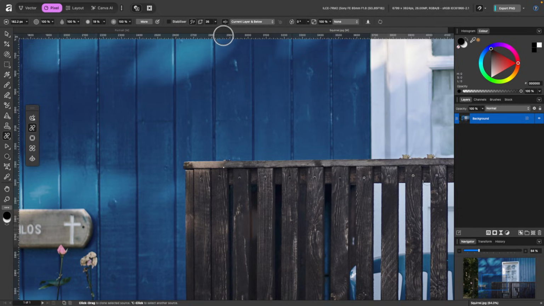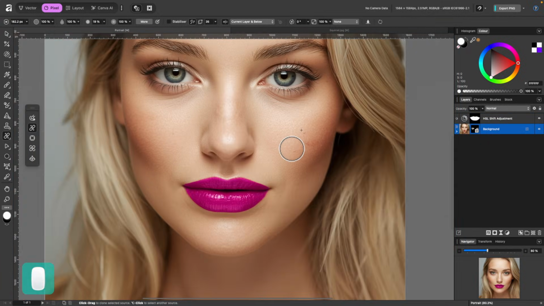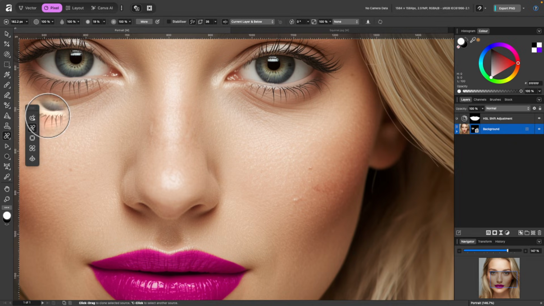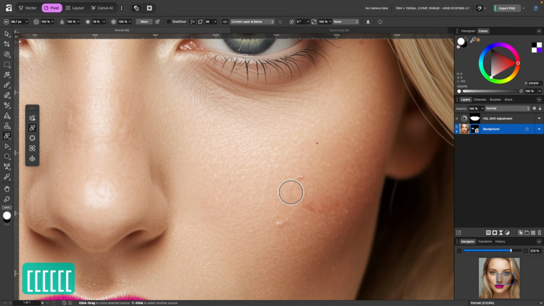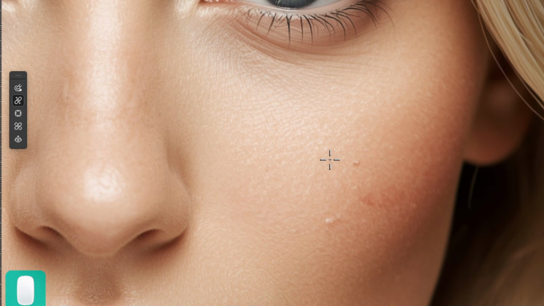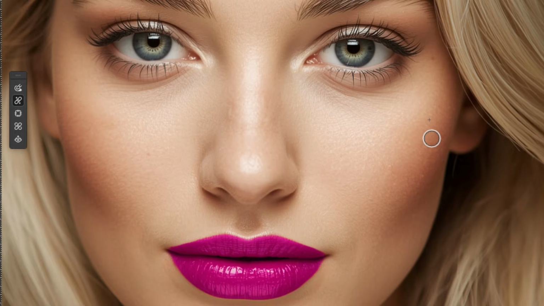So if we switch over to our portrait here, you have this girl who's got a couple of spots. So we're going to use the same tool again, and I'm going to take a sample of some skin area where it's actually clear. There's the spot there. So I'll take a skin sample from here, or maybe over here, and I'll just click once to remove it. You see that? That worked really well. And I'll take another sample from here, and I'll just click and drag over there. And it seems to be doing a really good job there. I'll just try it one more time over here. There we go. So good for photo retouching.